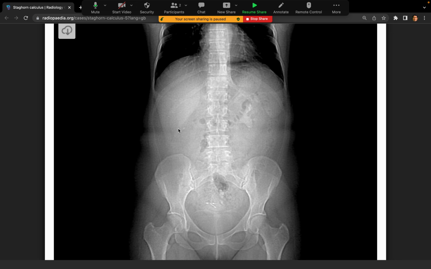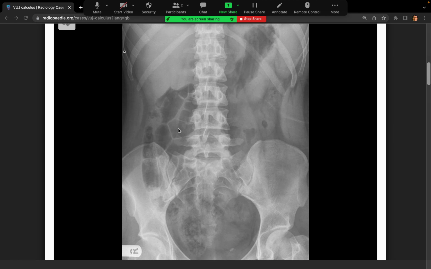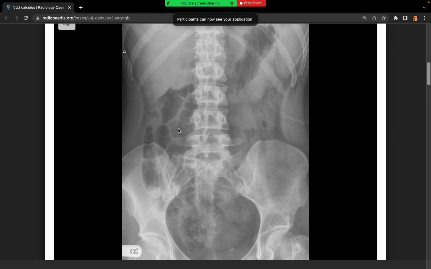Are you able to see the picture? It's just started sharing. Yeah, I can see it now. Yeah. So can you read this X-ray for me? Yeah. So this is an X-ray KUB,